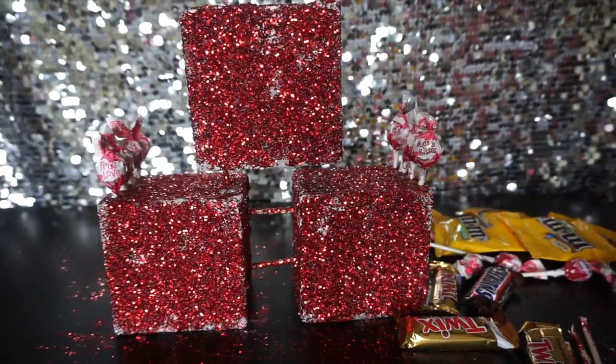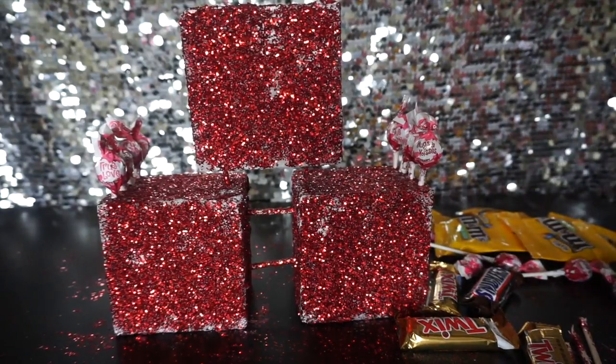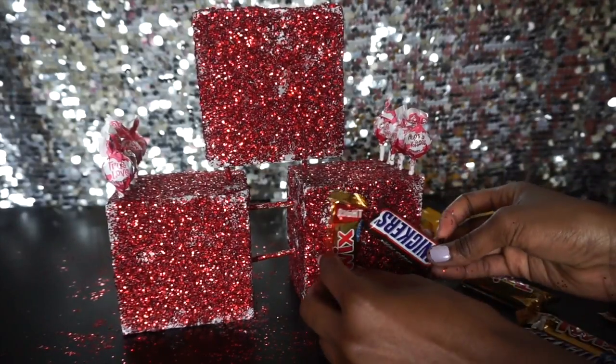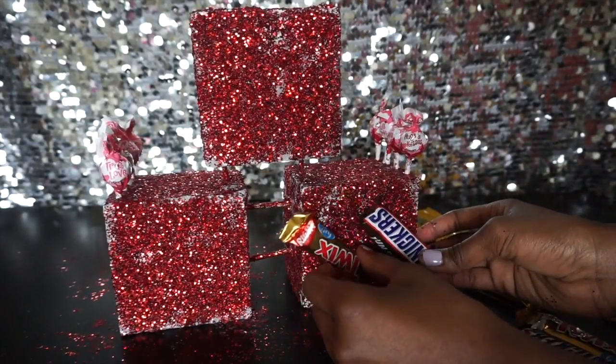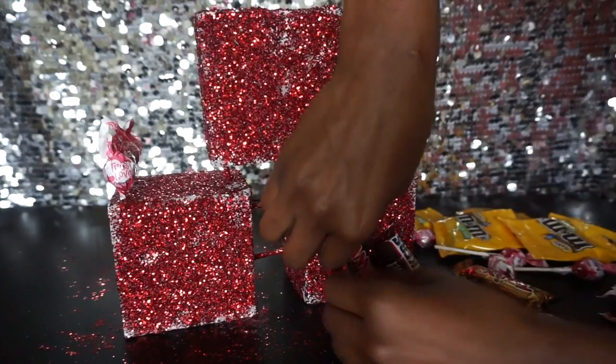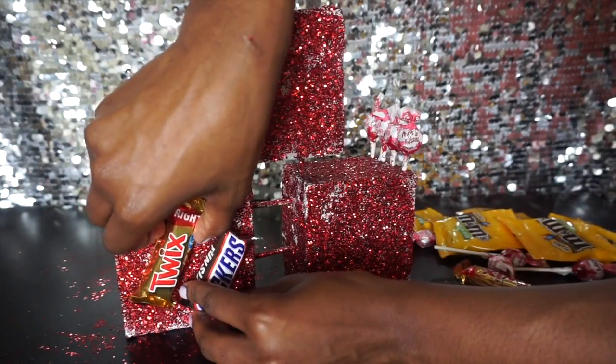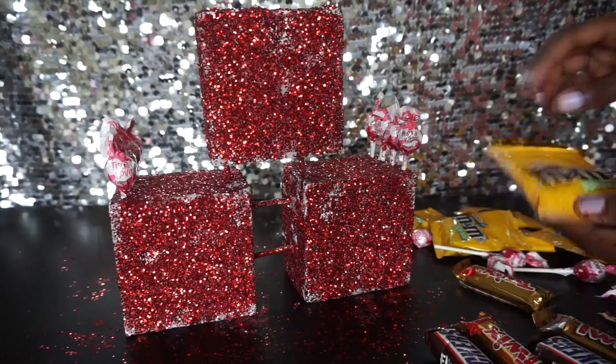Now I'm going to add some of the candy bars probably. I think I want to just maybe have them like this. Have them both going this way, and this side they'll go this way. For my M&Ms,